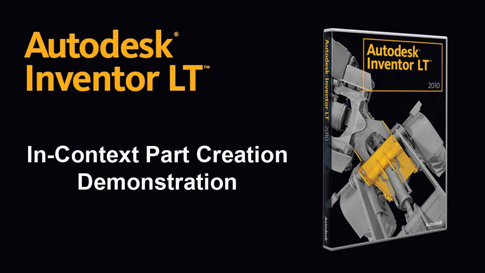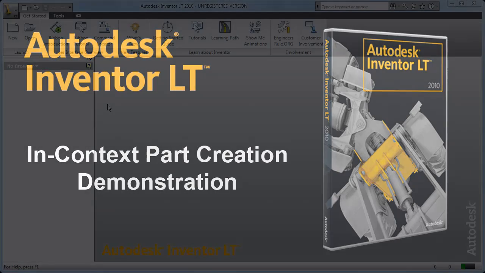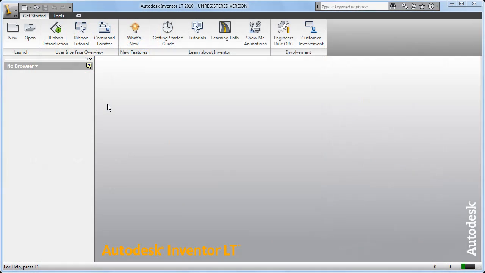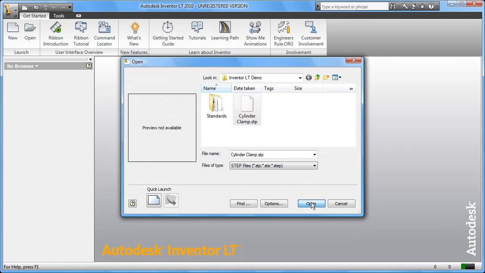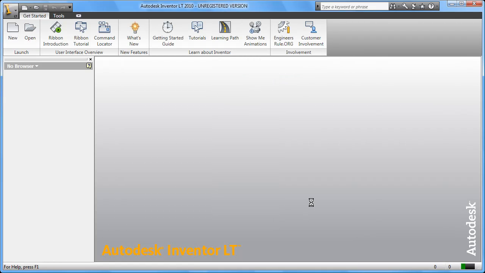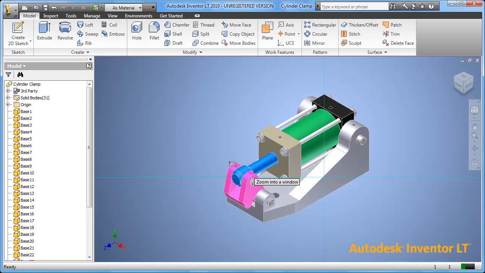This demonstration will showcase the use of Autodesk Inventor LT to create a new part file based upon imported geometry. To begin, I'll use the open command to open up a step file that represents an assembly from another CAD application. When brought into the part modeling environment of Inventor LT, each component within that file becomes an independent solid